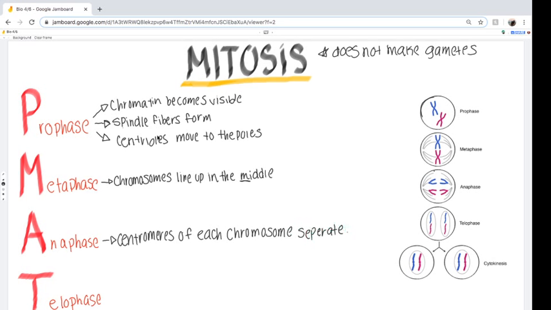Right? So lastly, the cell goes through telophase, and this is basically the opposite of prophase, where the chromosomes are now clustered at the opposite ends of the cell. They're now at the opposite end of the cell, and the nuclear membrane starts to reform, and the coiled chromosomes also start to unravel and return to thread-like strands. So in here,